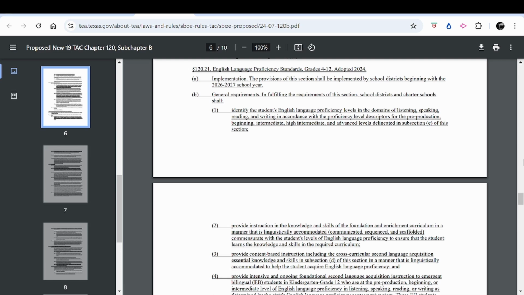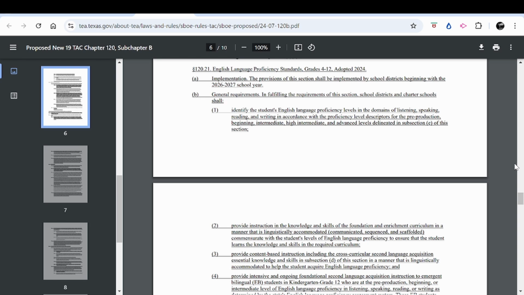A. Implementation. The provisions of this section shall be implemented by school districts beginning with the 2026 through 2027 school year. B. General requirements. In fulfilling the requirements of this section, school districts and charter schools shall 1.